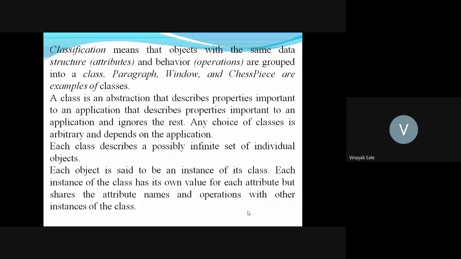Each class describes the possibly infinite set of individual objects. We can generate a number of objects of a class, and each object is said to be an instance of its class. Such an example is a parent. A parent has a number of children, and each child is said to be a